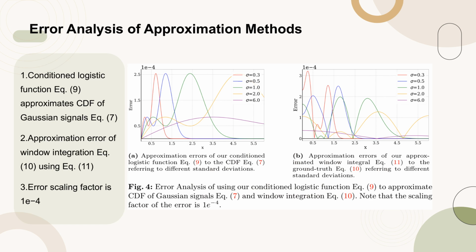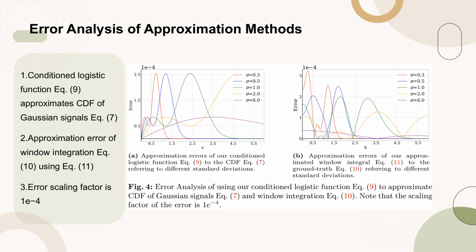The experiments focus on the approximation errors of the CDF of the Gaussian function and the one-width window area integral, both scaled by a factor of 1 times 10 to the power of -4. The results show that our scheme significantly outperforms other schemes in approximating the integral response. It is robust to different standard deviations and variable distributions, especially when the standard deviations are smaller. This indicates that our scheme is better at capturing high-frequency details. Quantitative results on the multiscale Blender synthetic and MIPNRF 360 datasets demonstrate superior performance in terms of PSNR, SSIM, and